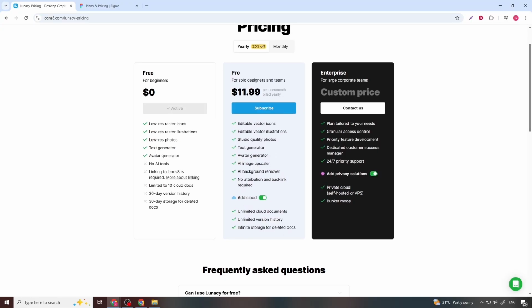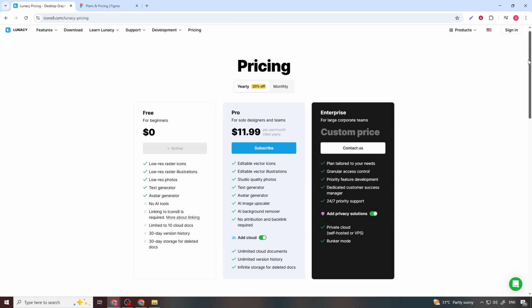Lunacy takes a very generous approach. Lunacy is completely free to use, with no subscription required for its core design features. You can install it on Windows, macOS or Linux and access vector design, UI tools and assets without paying a cent. There are optional paid elements like cloud storage, AI-powered features and team collaboration add-ons, but the core editor itself